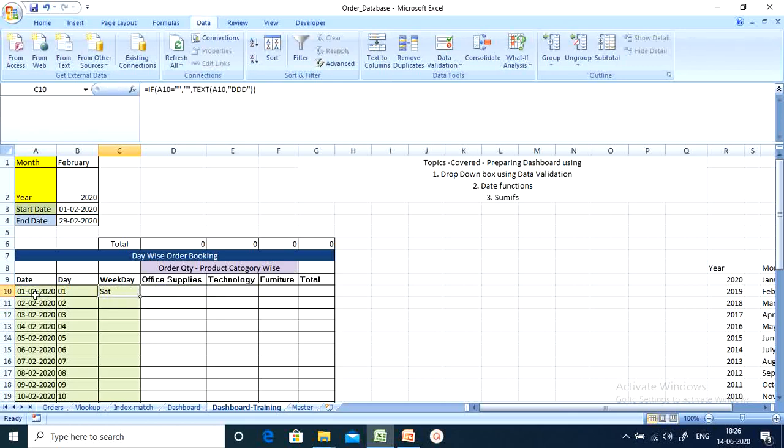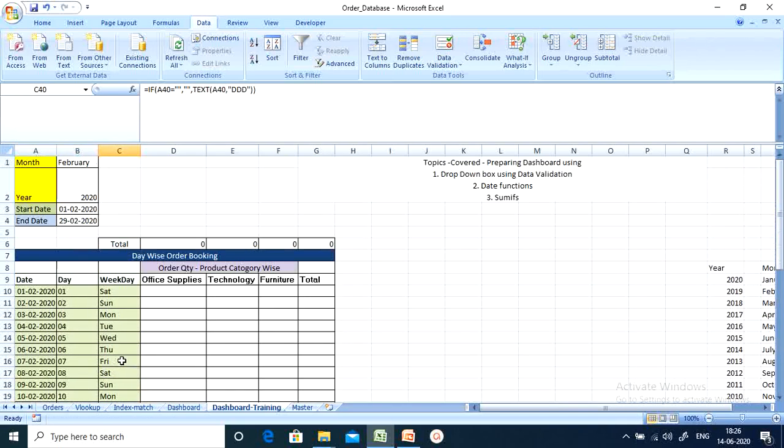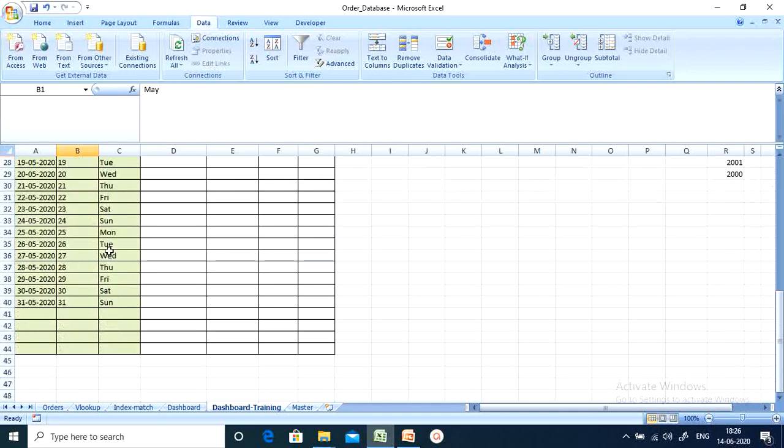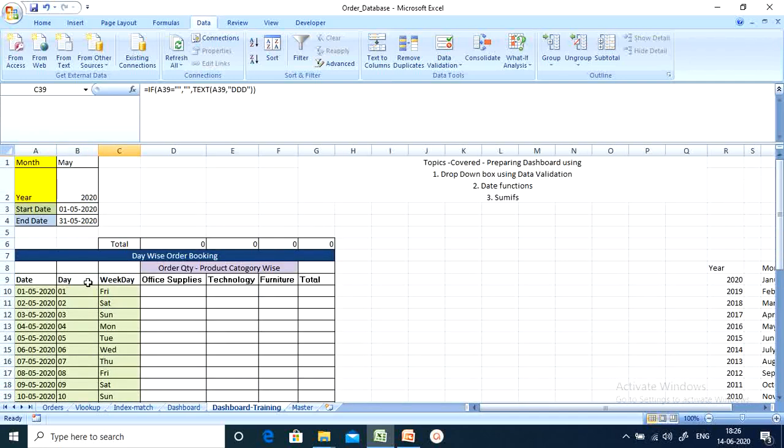The weekday of that particular date is displayed here, so I drag it down to the bottom. If you select the next months, April, May, it's going to display 31 days and the weekdays. So with this we learned how to display the dates of the current month.